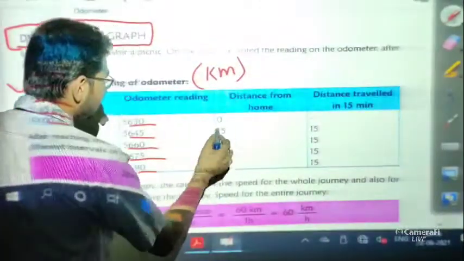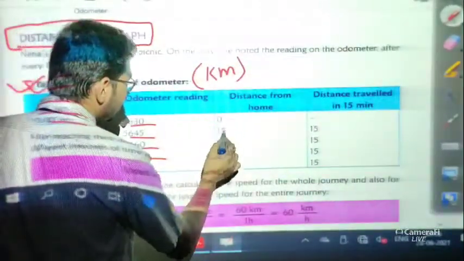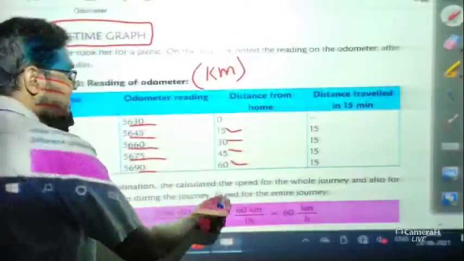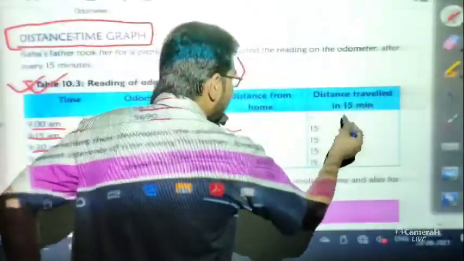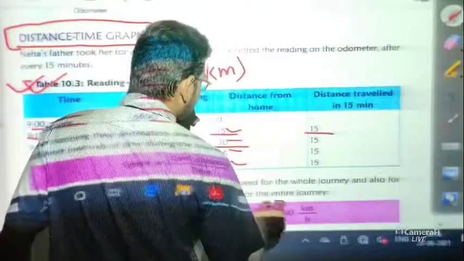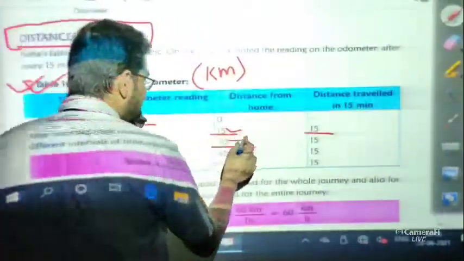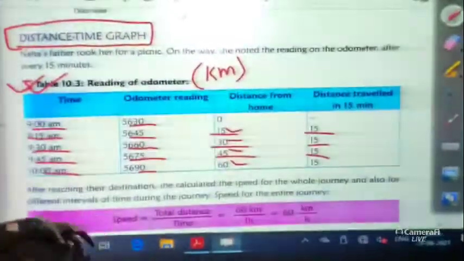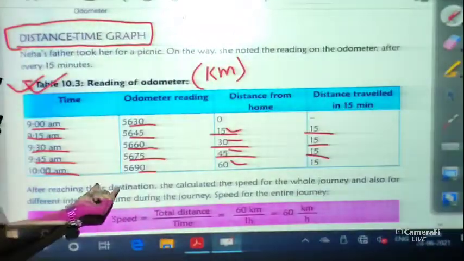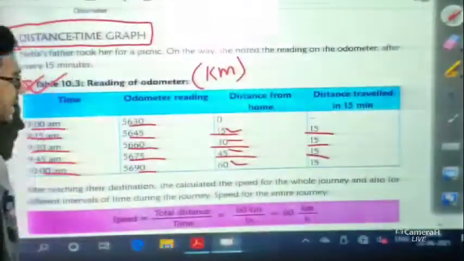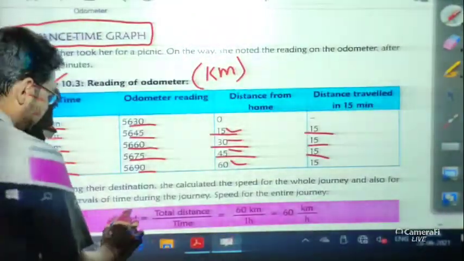So what is the distance? First of all, initially distance is 0, then it is 15, then 30, 45, 60, these are the distances. So it covers 15 kilometer in 15 minute, next 15 kilometer also in 15 minute, then 15 kilometer in 15 minute. Now after reaching the destination, she calculated the speed of the whole journey and also at different intervals of time